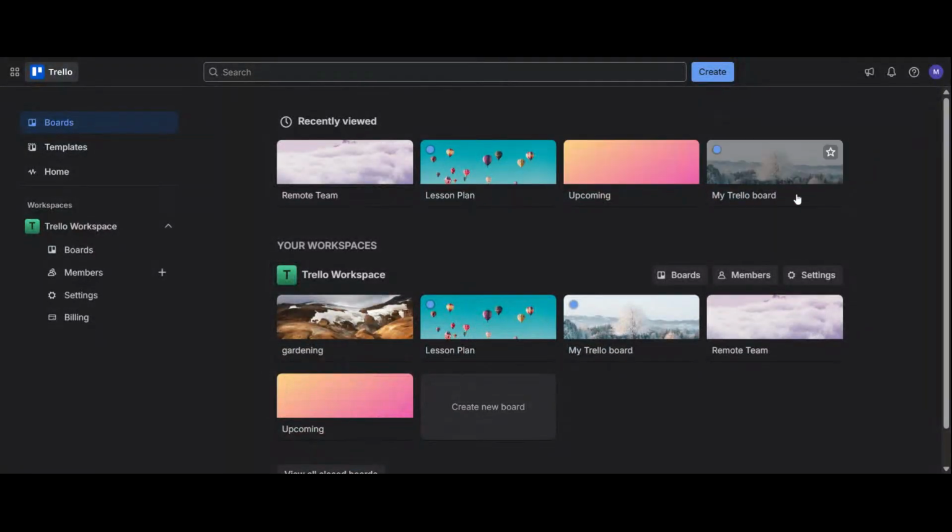In today's video, I'm going to show you exactly how to share Trello board access the right way, so you can collaborate with your team, clients, or anyone else in just a few clicks. Whether you want to give someone view-only access or full editing permissions, I'll walk you through the entire process step by step. By the end of this video, you'll know how to create a shareable link, adjust permissions, and send